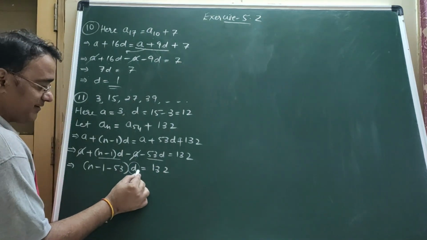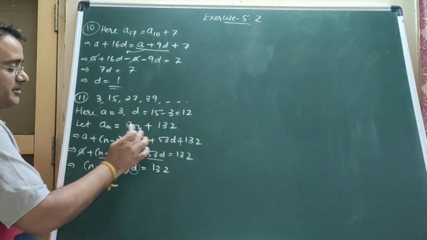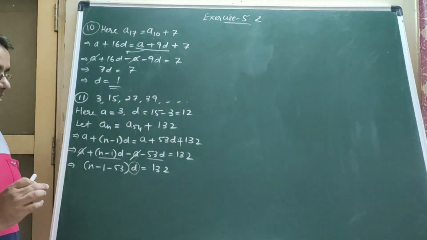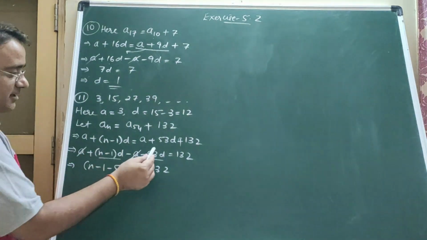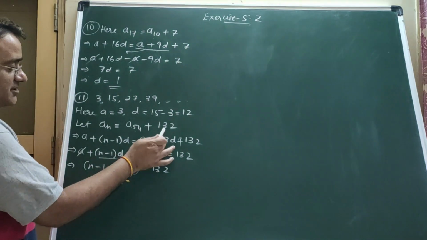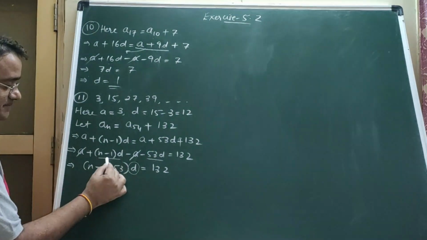Now substitute the value of D. हम लोग चाहे तो D का वैल्यू यहाँ पर ही सब्स्टिट्यूट कर सकते थे, बट यहाँ पे 53 से मल्टीप्लाई करना पड़ता, फिर यहाँ पे n-1 से मल्टीप्लाई करना पड़ता. So what I did, without substituting I shifted this term to this side. उसके बाद मैंने इन दोनों टर्म में d कॉमन ले लिया, राइट.